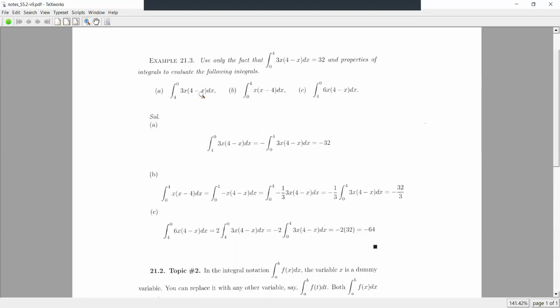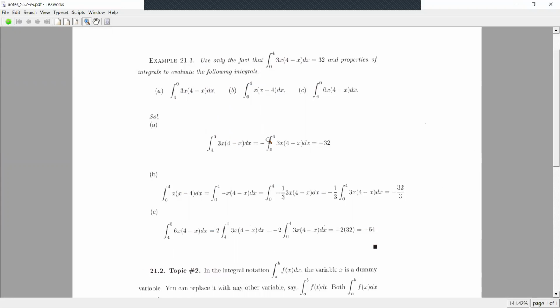This integral has the same function as the given integral. The difference between these two integrals is the given integral is from 0 to 4, and this integral is 4 to 0. So we need to switch 4 and 0 in this integral